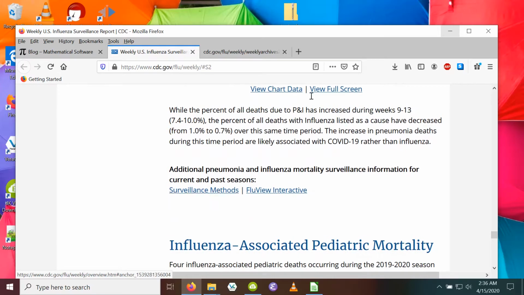And some more text. And another one I wanted to take a look at is FluView Interactive, which, since it says flu, you might think has something to do with tracking influenza, which is a class of viruses, which on the CDC website is often treated as flu. Okay, so remember, in common usage, many people use flu as just flu, right? It could be any kind of common cold, anything you might get, particularly in the winter.